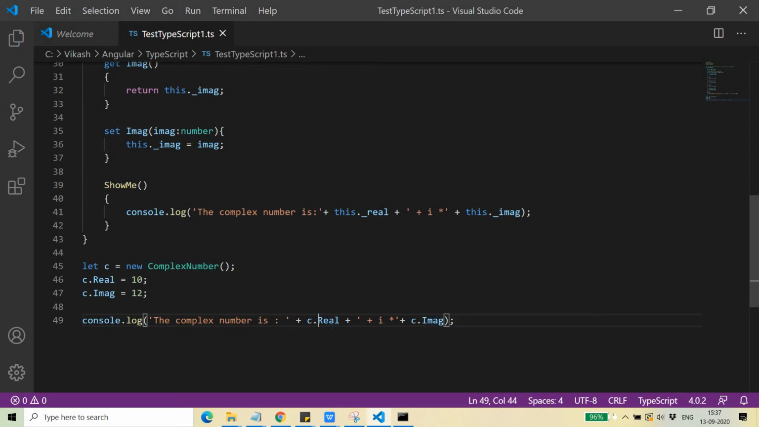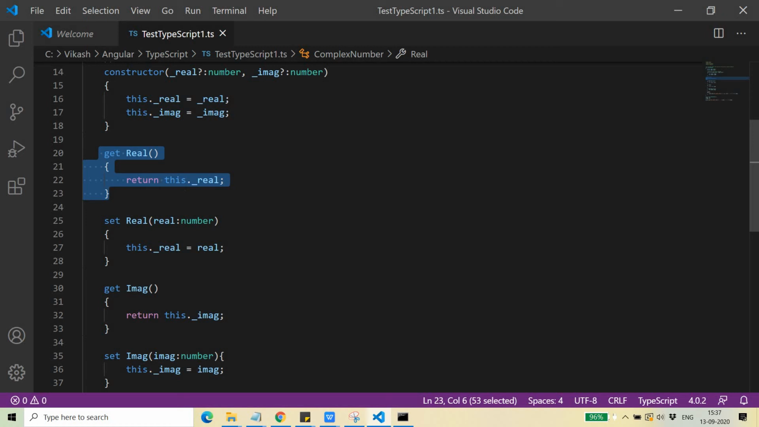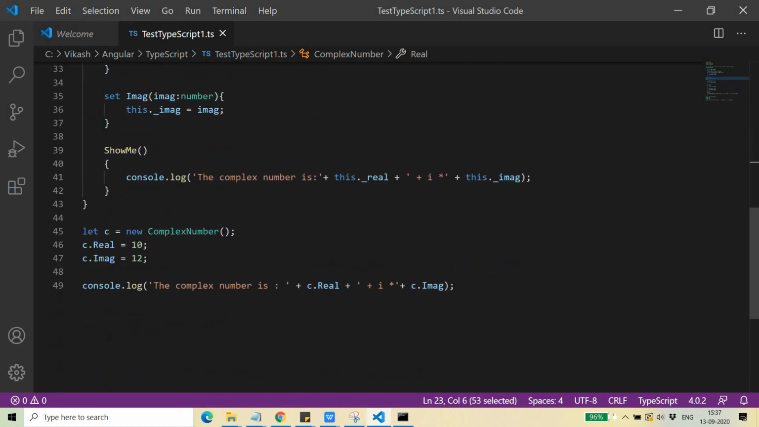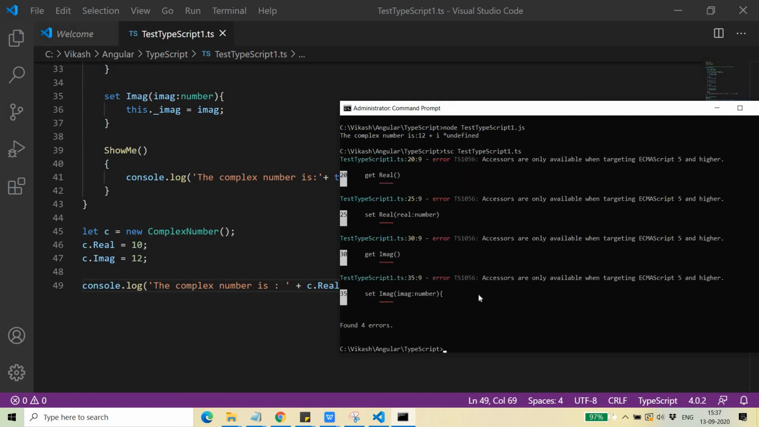So here what I'm doing here, when I'm using c.real, then where it is going? It is going here to the getter, and it is getting the value from the class, right? So that will be the real part, and then the next one is the imaginary part. So let's compile it and let's see, and let's close this as well. So here you can see that there are 4 errors. It is showing you the 4 errors, but ultimately it will convert it into the compatible